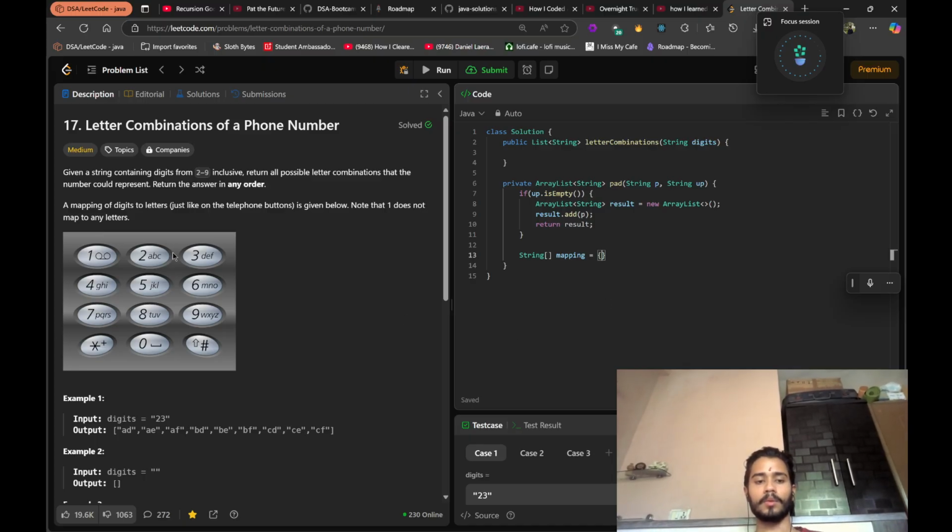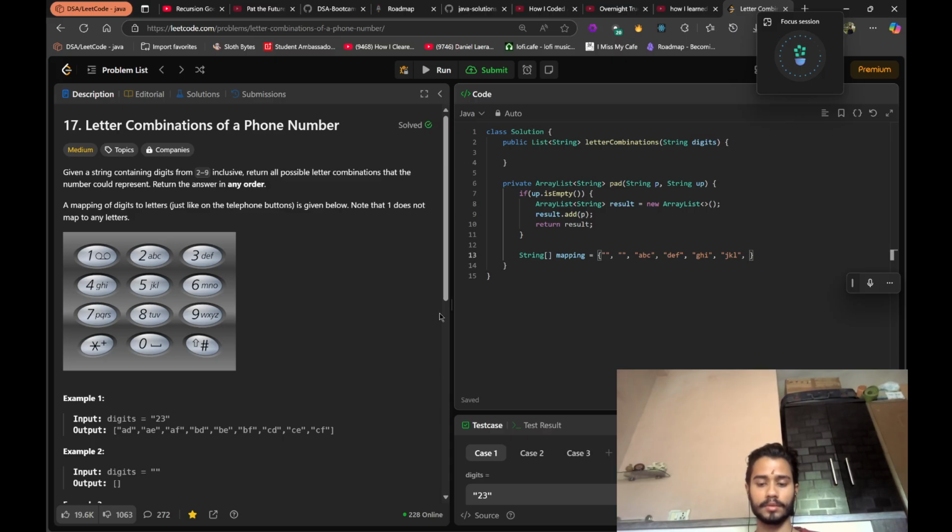So we'll take these numbers as indexes, and for 0 we'll have an empty string, for 1 an empty string, for 2 ABC, for 3 DEF, 4 will have GHI, 5 will have JKL,